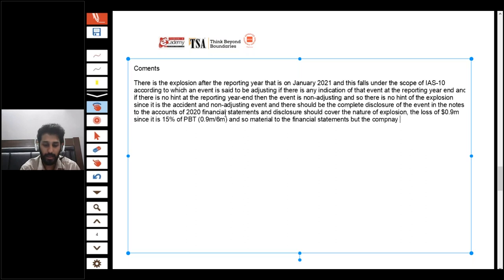But the company had not made any disclosure with respect to this, and so non-disclosure is a misstatement. Non-disclosure is the misstatement, and users might not be informed with respect to this matter,